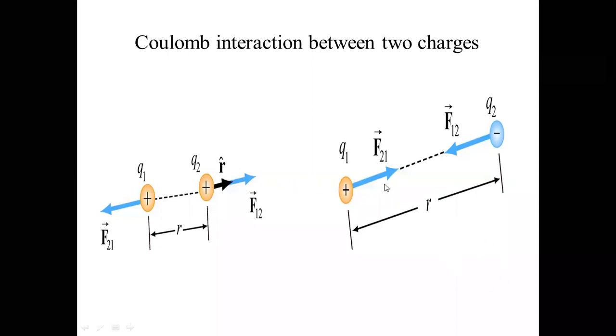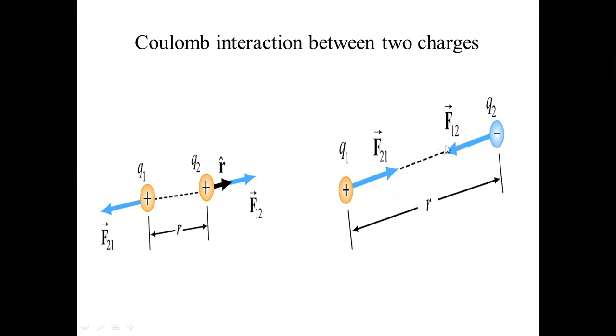Okay, so this is the same thing I was just explaining over here. This one is repelling, and this one is for the attracting position. So Q1 has a positive charge and Q2 has a negative charge. Then just remember to go by the direction. This one is one kind of force. What is this force? It is F21. And what is this force? It is F12. It is in this direction.